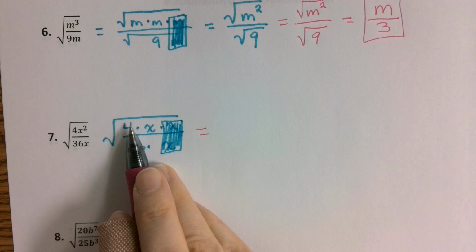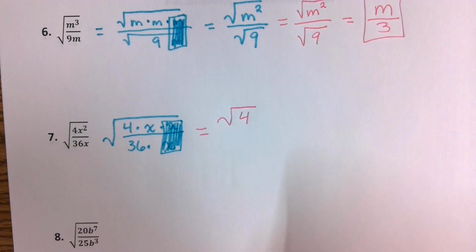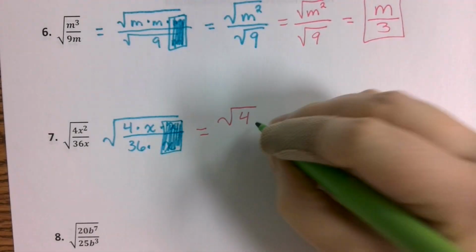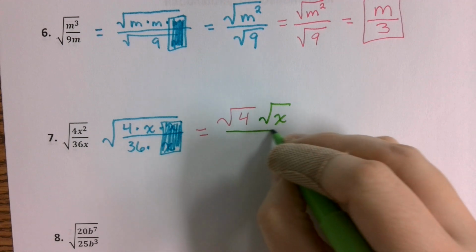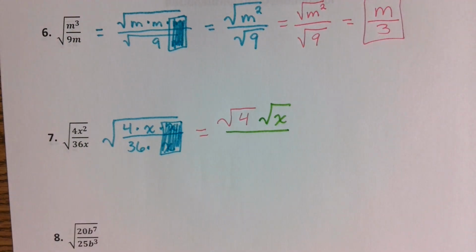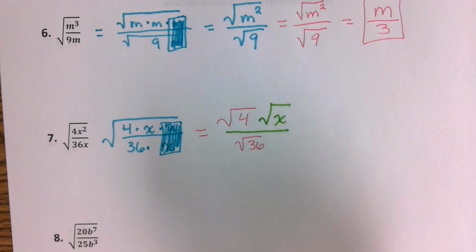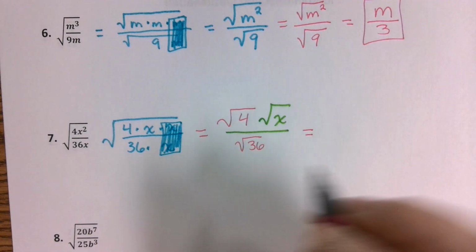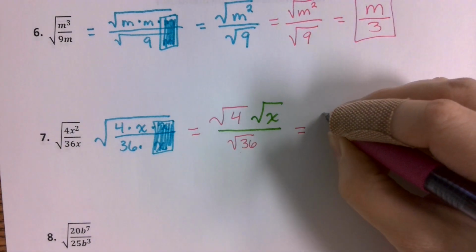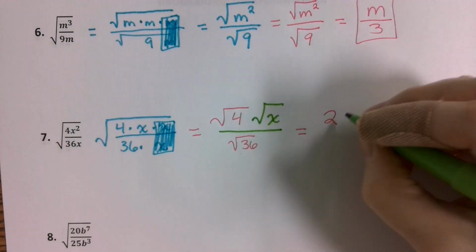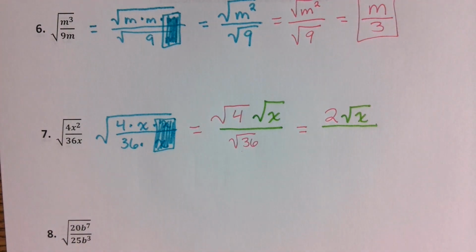Is 4 a perfect square? Yes. Is x a perfect square? No. So we have square root of 4 and square root of x for the top. On the bottom, is 36 a perfect square? Yes. So we have square root of 36 on the bottom. So now we're going to go ahead and take these square roots. What is the square root of 4? 2. So we have 2 square root of x over,